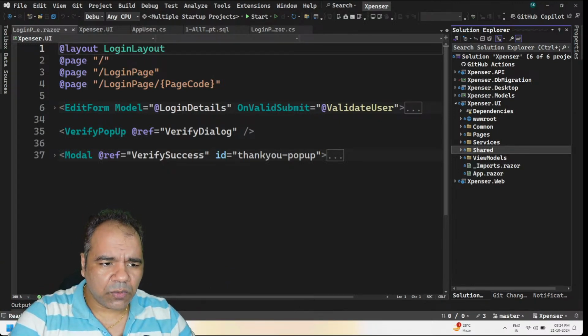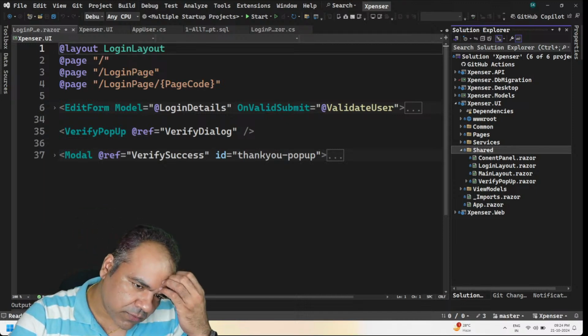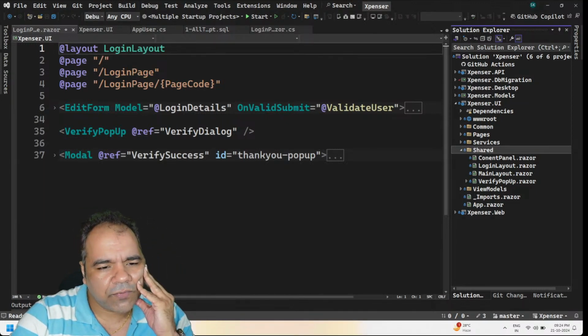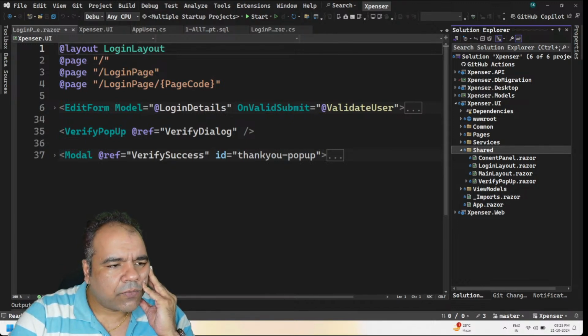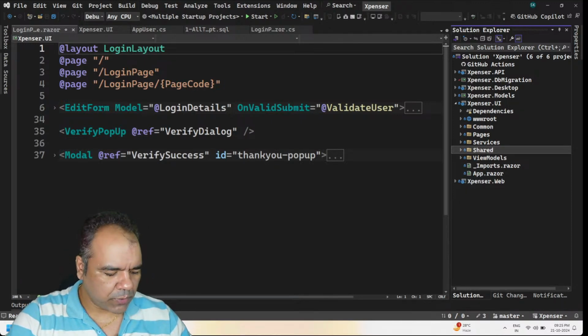So I don't think we will have to use this authentication mechanism, because this works when we are using API, but if we are not using API, how are we going to work on it? So what we will be doing is